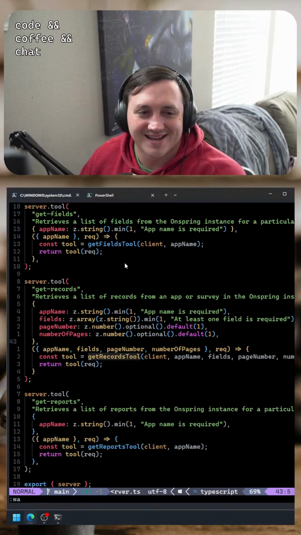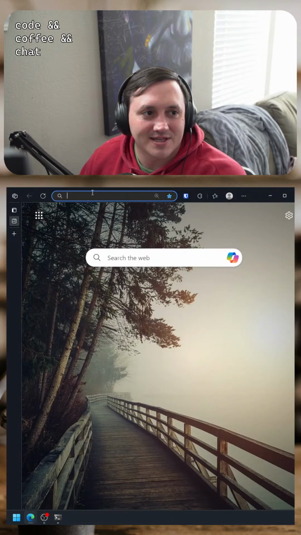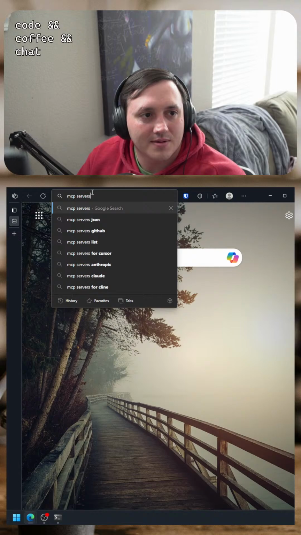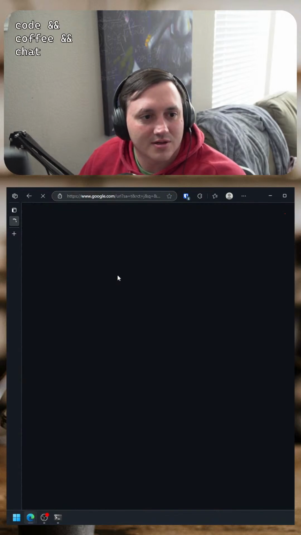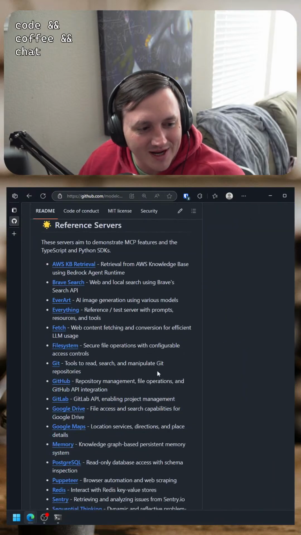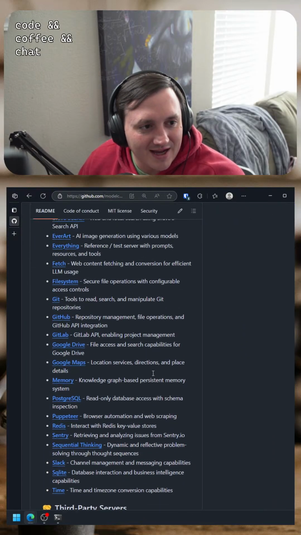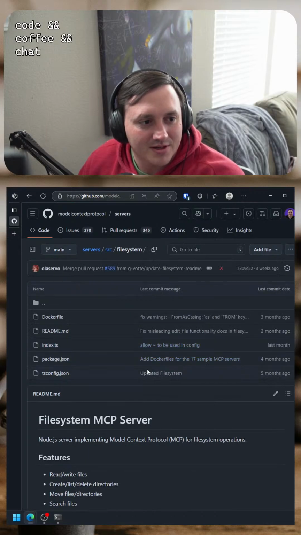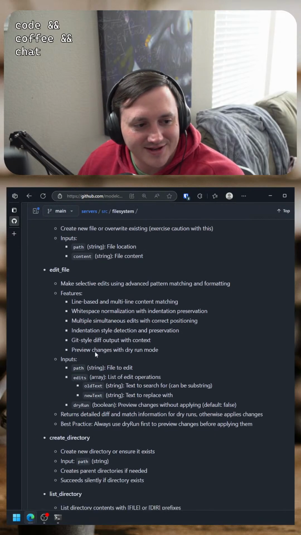Although, if you look at some of these MCP servers, some of them don't have tests, from what I can tell. Like I was looking at the file system one. I think the file system one is written in TypeScript, and it doesn't have any tests.